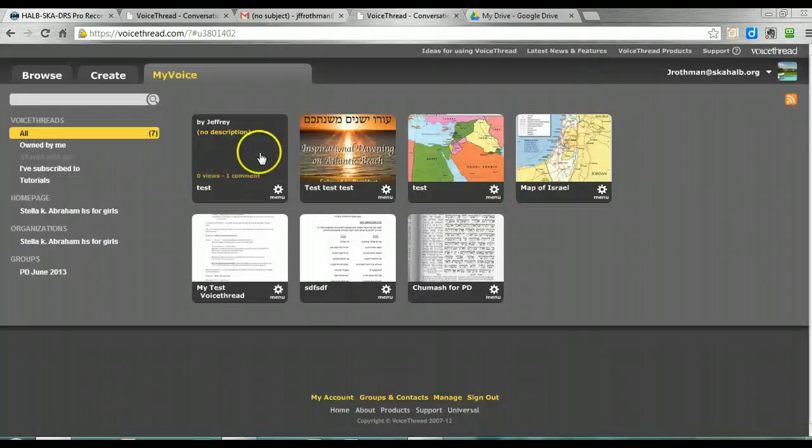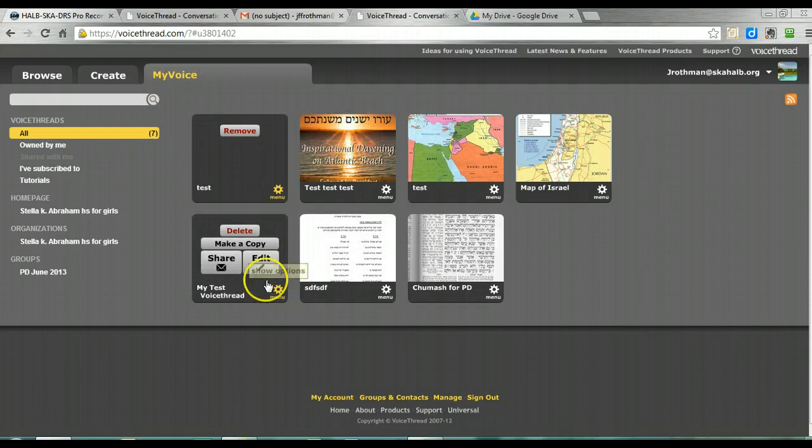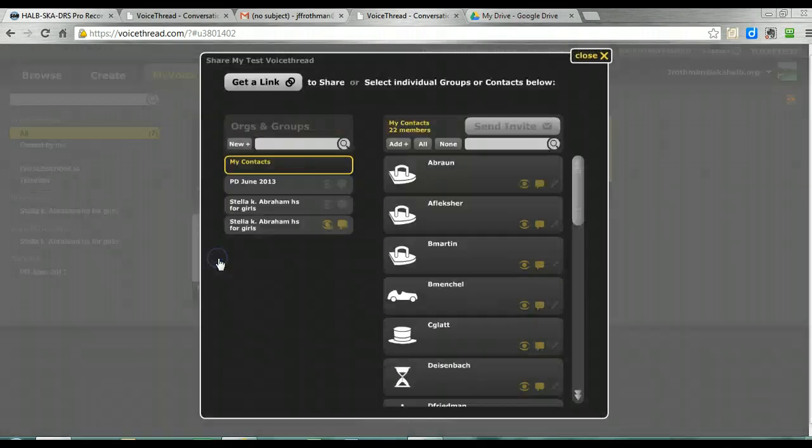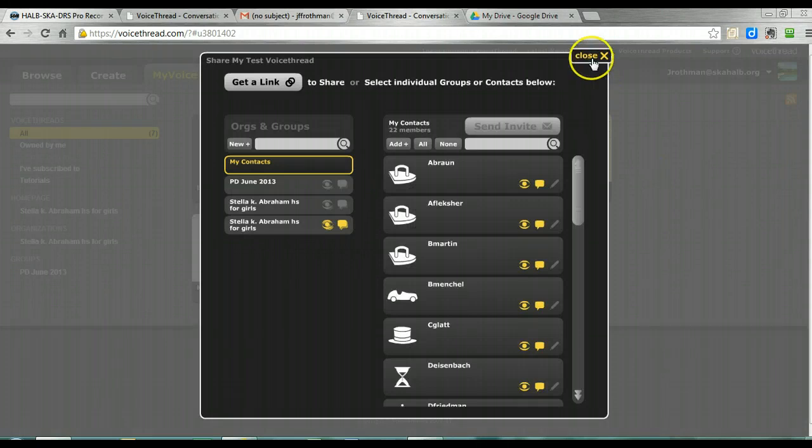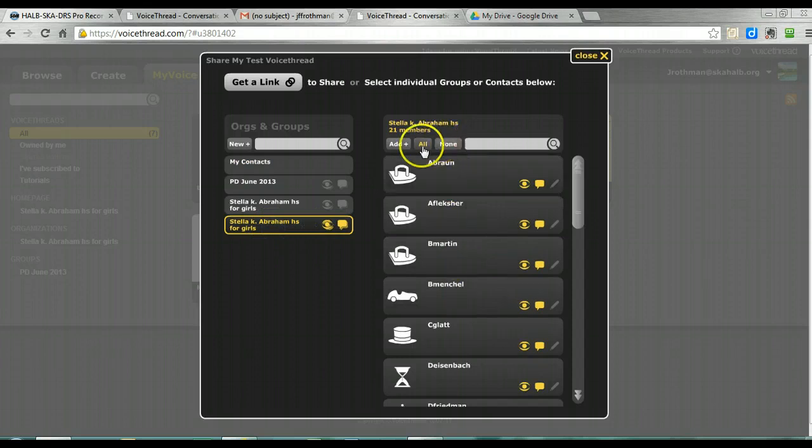Again, to be able to do that, you do need to share it. You do need to be able to share it with your students. So again, the sharing, as we said, the easiest way is just to make a link and send that off to the person, and then the person can then take that link and click on add it to my voices. And again, even the better way would be to create groups with the paid version and just simply select